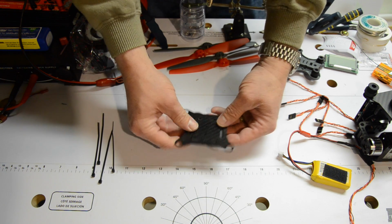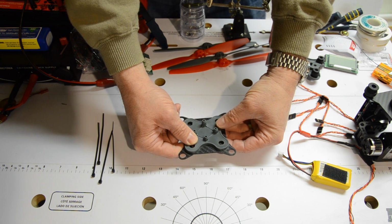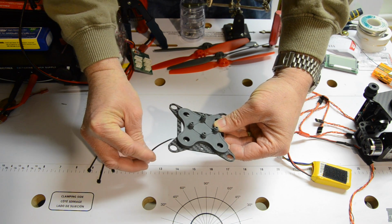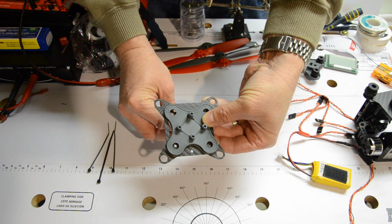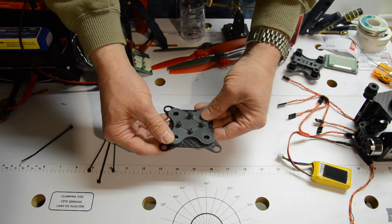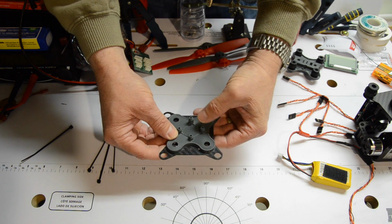But one of the first things you'll notice if you were trying to reuse this GoPro mounting plate is that it's a relatively good fit. If you were to try to mount this with screws and so on, you'll see that there's a relatively good fit between the holes on the plates, so you can actually get some bolts up there and then mount it more securely. That's if weight's not an issue for you. But I'm being a little more cautious here, so I am going to go ahead and connect this using the zip ties. Okay, so